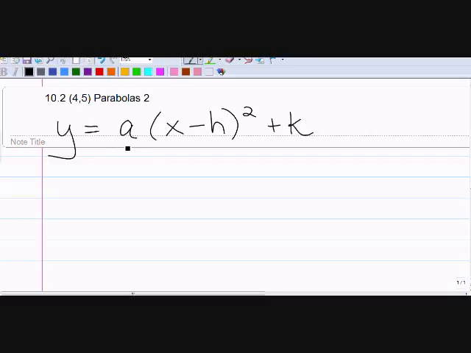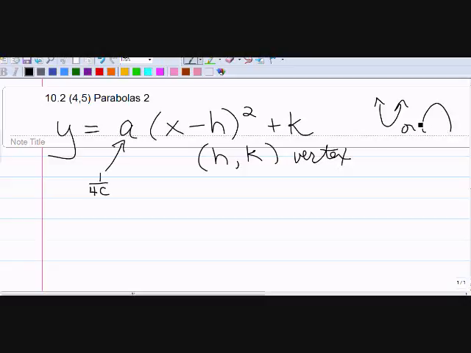This a happens to be that 1 over 4c that we did yesterday. And of course the h comma k, that point is the vertex. Okay? Now, this is for parabolas that go up